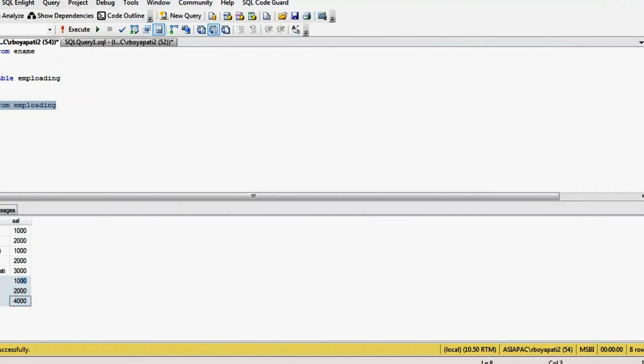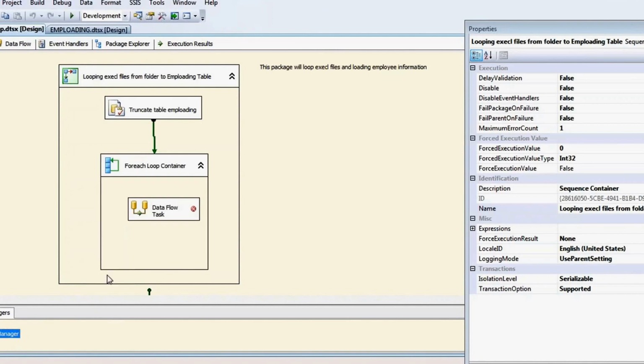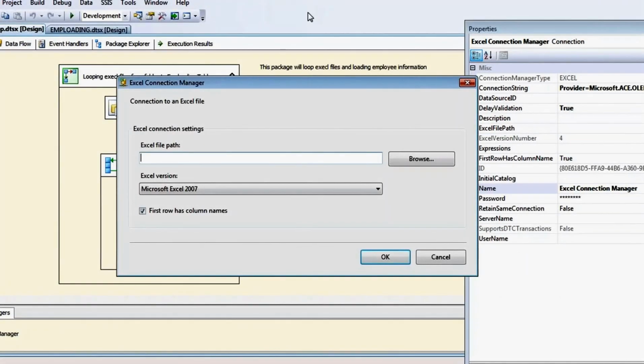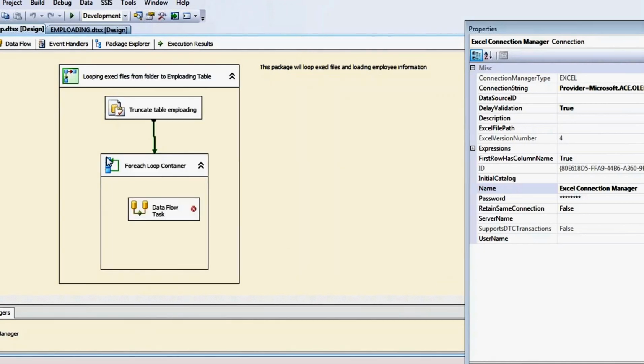So what I did here: initially the connection I had given for this Excel was directly emp1.xls, I had given the path here. Now I don't want to give any fixed connection; I want to pass the file path from this variable.